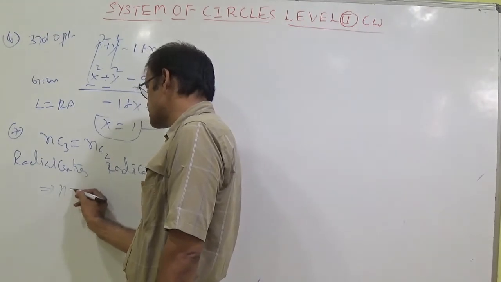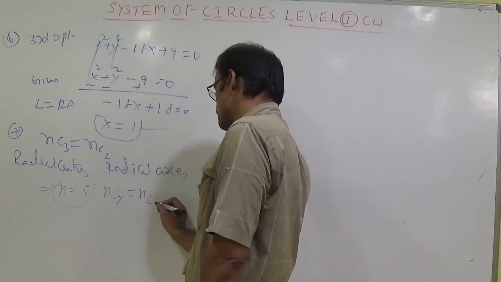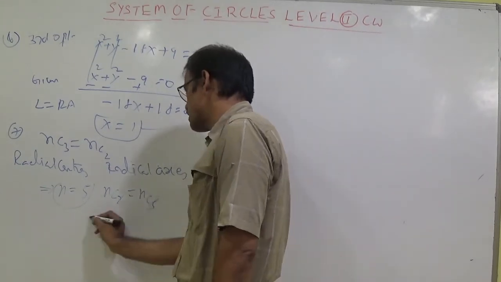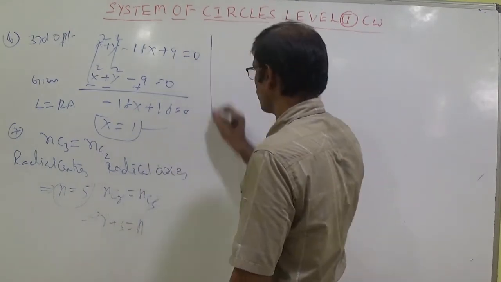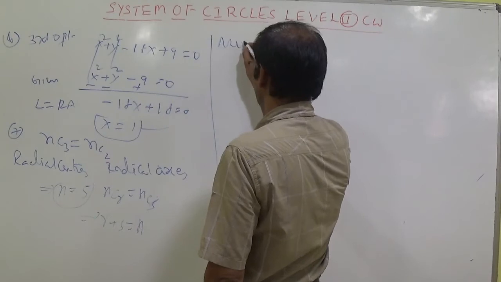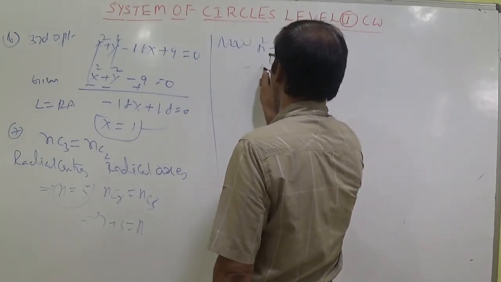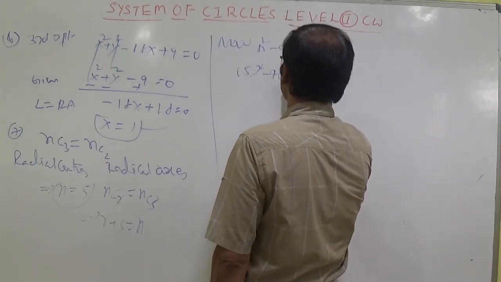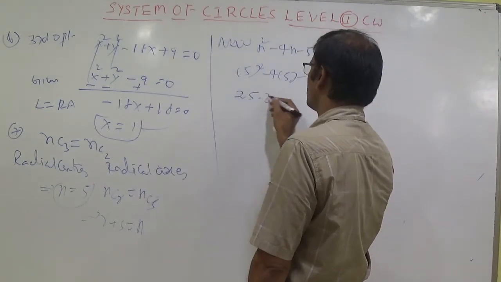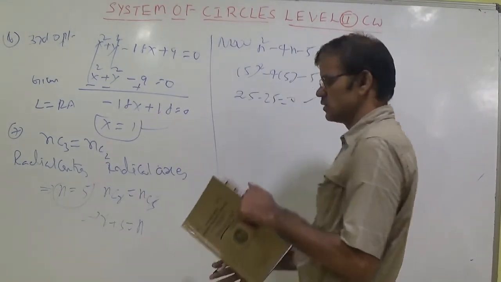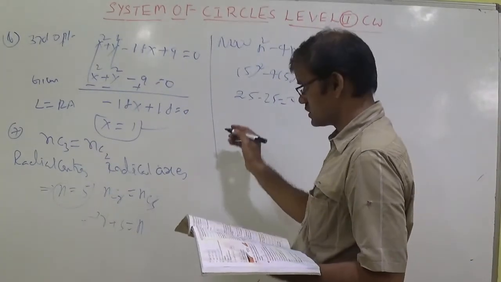Yesterday I said that n = 5 and used the formula also. If nCr = nCs, then r + s = n. So 2 + 3 = 5. Now using the formula n² minus 4n minus 5, so 5² minus 4 into 5 minus 5, you can write 25 minus 25 equal to 0. I said that this is an important sum, like that I said this sum also.